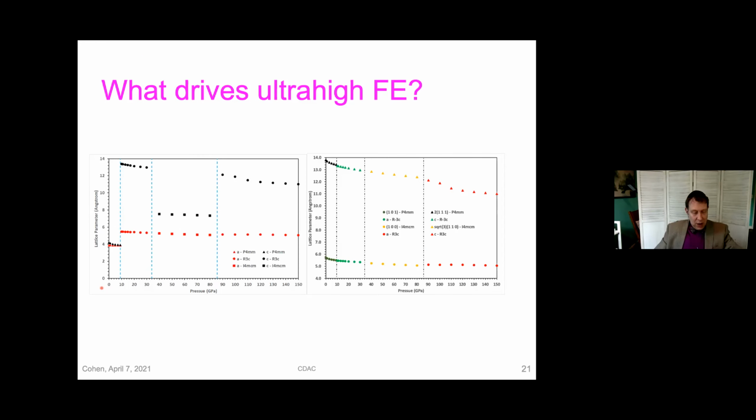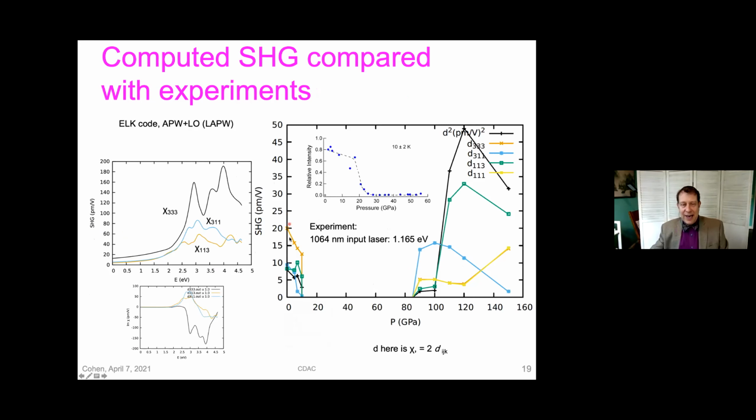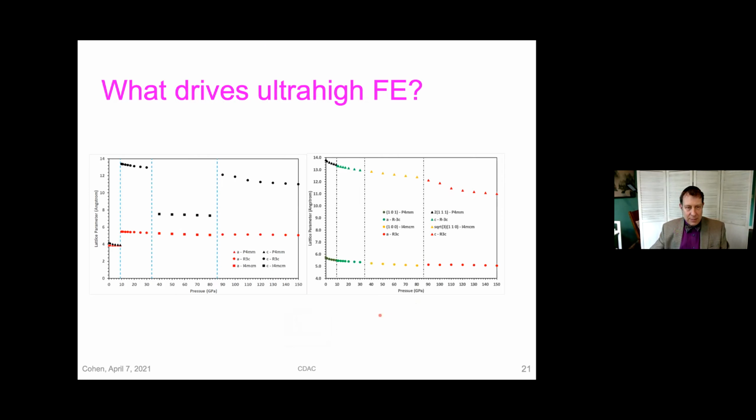Okay, so now what I want to talk about in the last part is what's driving this high pressure ferroelectricity. I think this part we understand perfectly. So we understand up to 80 GPa. We understand how things go away in this complicated region here. But now what's happening in the megabar pressure range? Because why in the world would something want to be ferroelectric at a megabar?